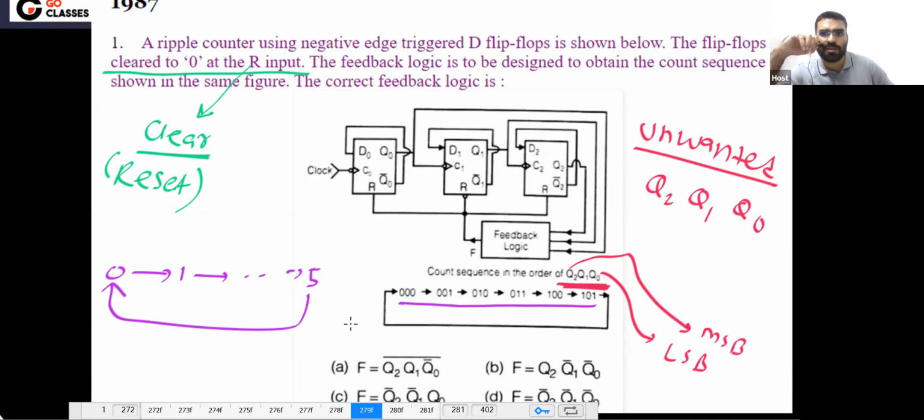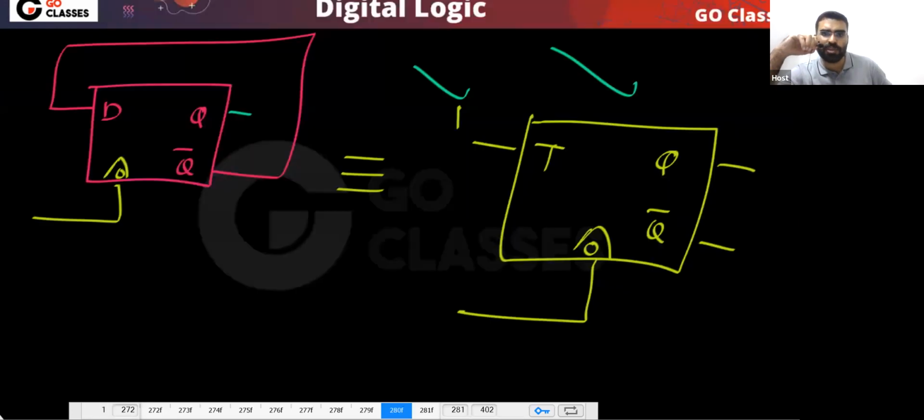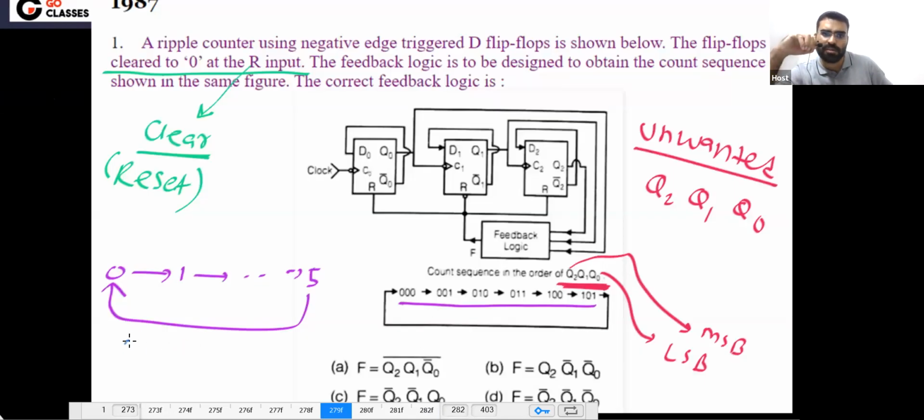You tell me one more thing here. If you do up counting, in the negative edge triggered flip-flop, what should be the connection? Because ultimately we are doing the up counting, right? This is up counting we are doing, correct? So when you do up counting,